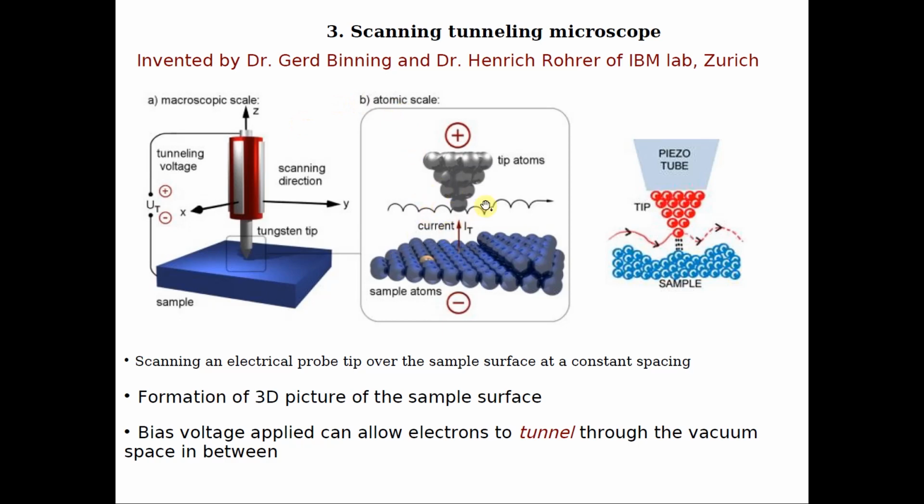I have now expanded this into an atomic scale in this figure. These are the atoms at the tip of this probe, and these are the atoms corresponding to the sample surface. When we come to this level, we can see that it's not that the tip is exactly touching the sample surface. There is a gap between the tip and the sample surface. When the tip is going to scan over the surface, basically we need information from the sample going towards the probe tip. That's the purpose, and let's see how it happens.